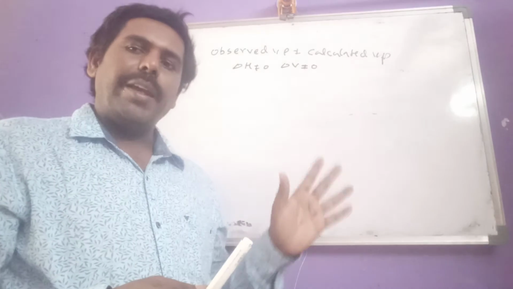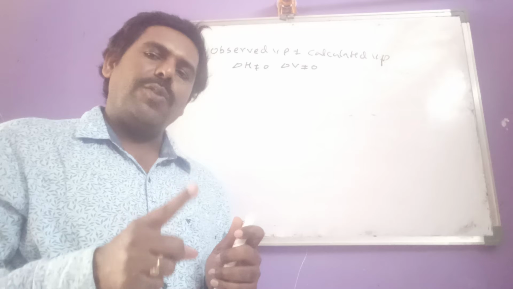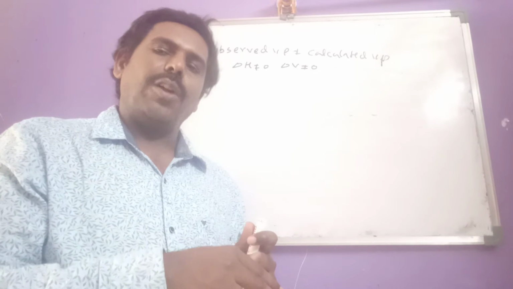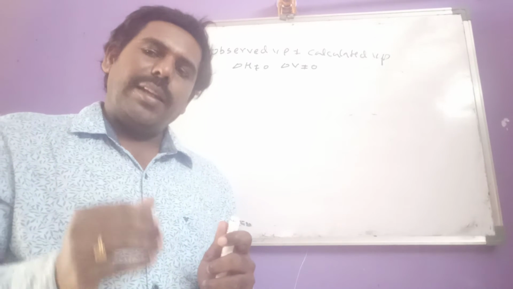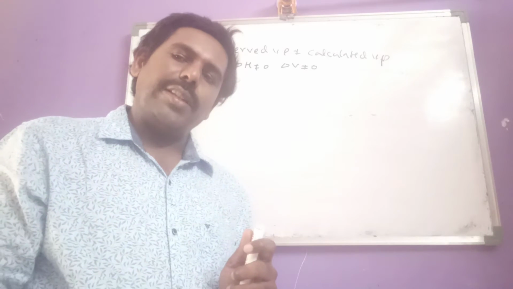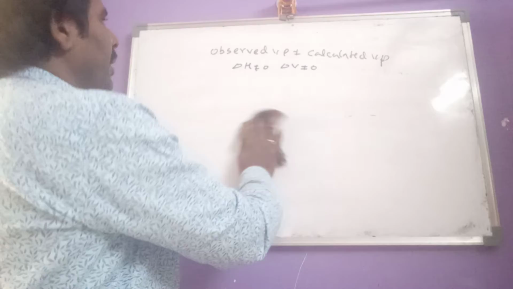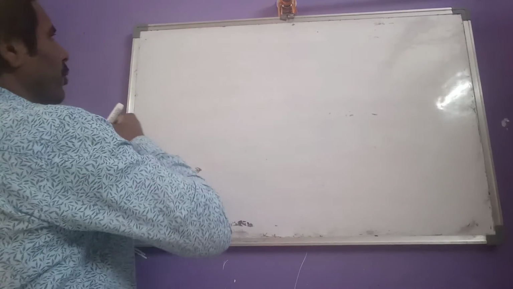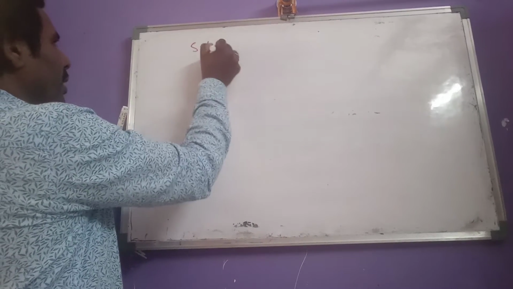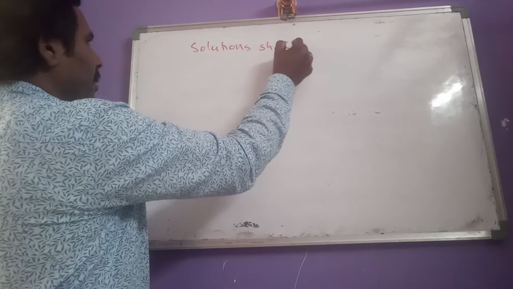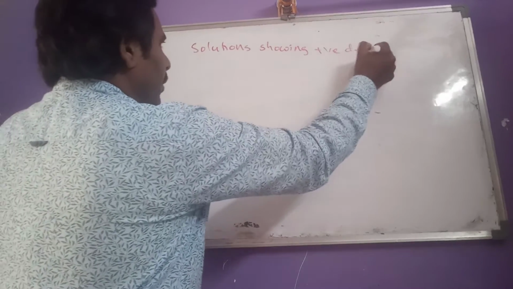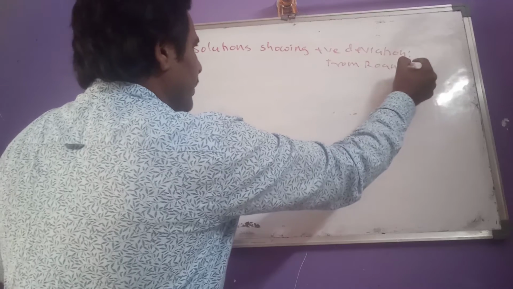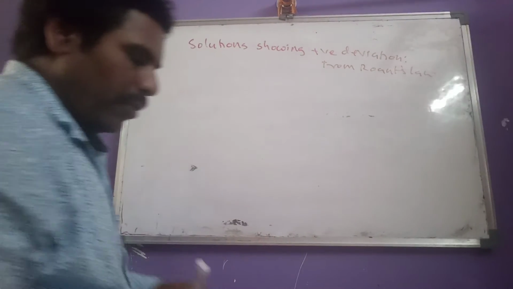And that non-ideal behavior is of two types. First one is non-ideal solutions showing positive deviation from Raoult's law, and second one is non-ideal solutions showing negative deviation from Raoult's law. So first let us go for non-ideal solutions showing positive deviation from Raoult's law. What are the solutions showing positive deviation from Raoult's law? Let us see here. Okay. Now,